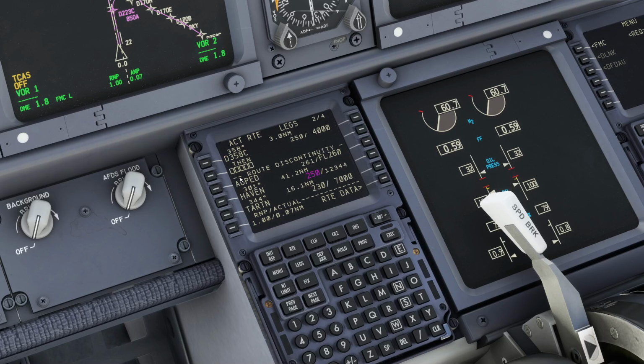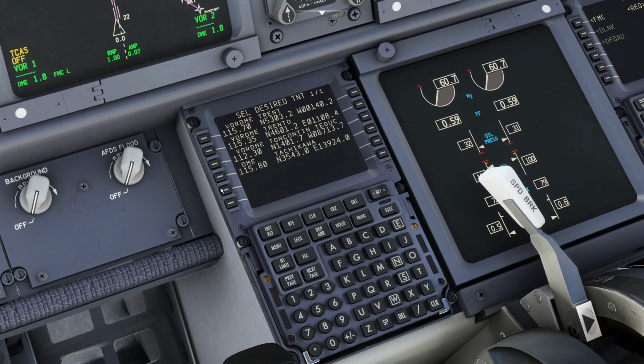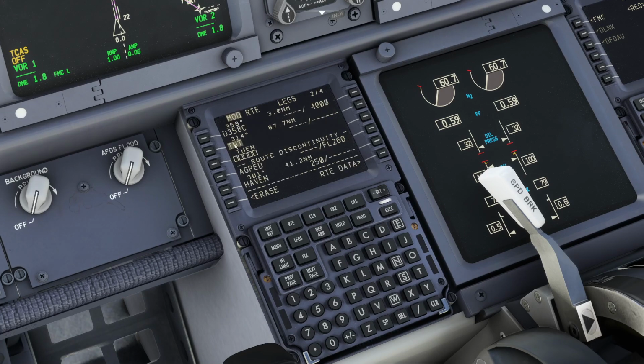So this is where we get into changing our route. We are going to put a waypoint in the middle of our route. So at the moment we've got the legs up to the end of the standard instrument departure and then the beginning of the standard approach route. And obviously the FMC or flight management computer is not going to guess what's going on in between. So we're going to put in a waypoint called TNT for Trent, which is a VOR station. And we'll insert it, and there's Trent. And we insert it, and it's put it in between the end of the SID, beginning of the STAR, and